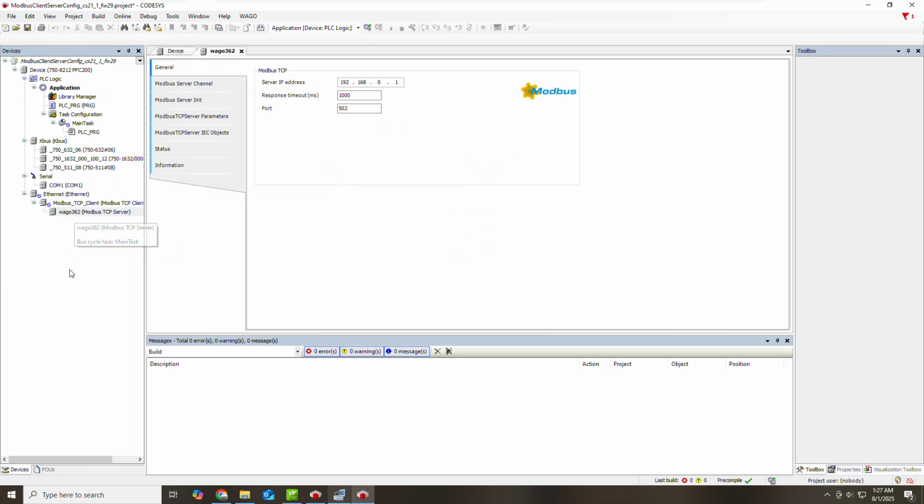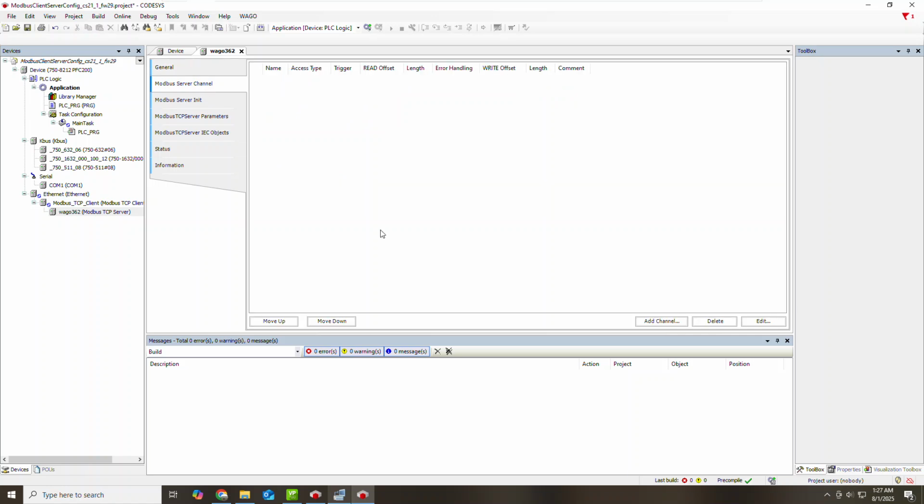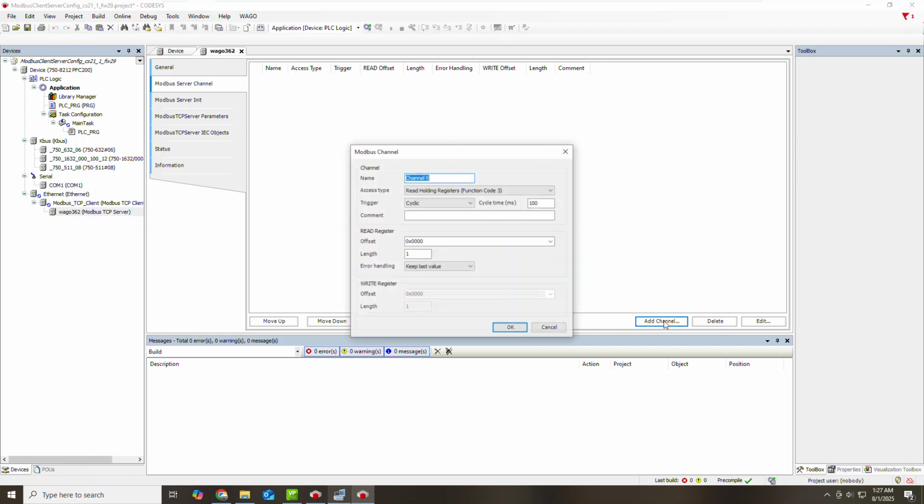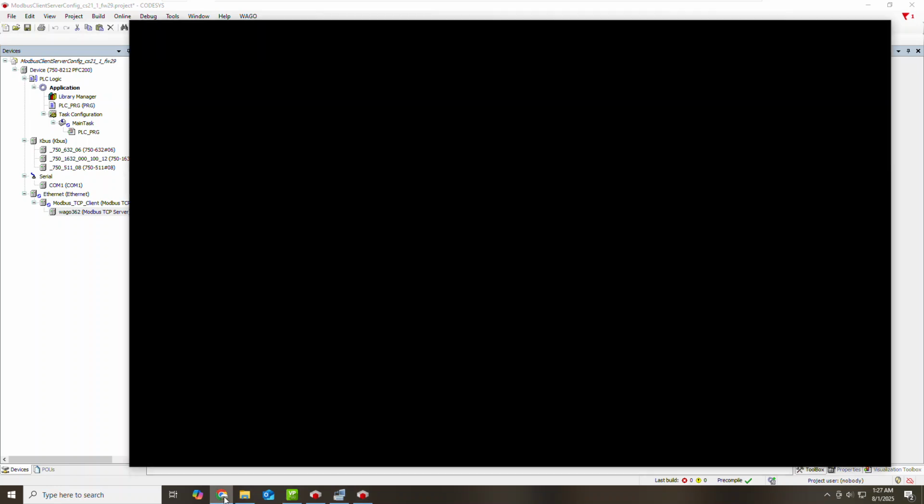The rest of the settings, basically, are going to be on this server device, your remote I/O. So you're going to enter in the IP address of the remote. Response time 1 second, port 502. And then now you have to basically create a channel. So your Modbus channel, basically Modbus addresses that you want to read or write to. So in this case, click on add. And with our